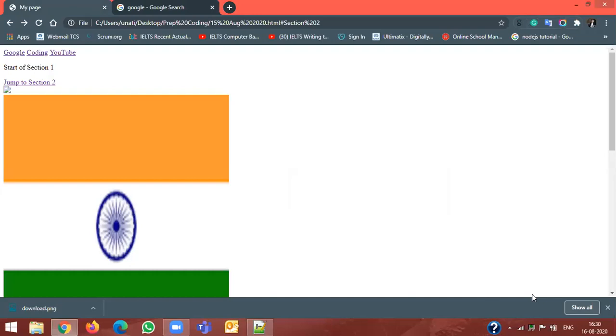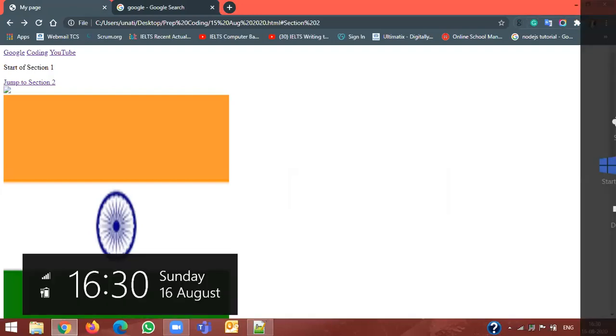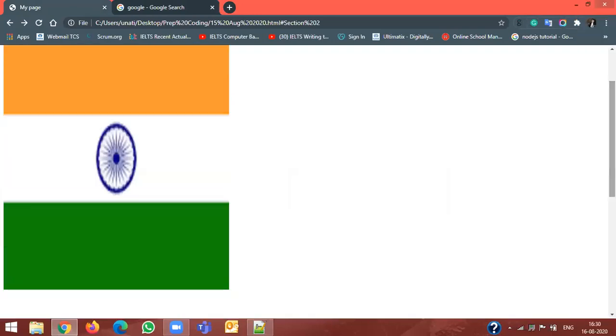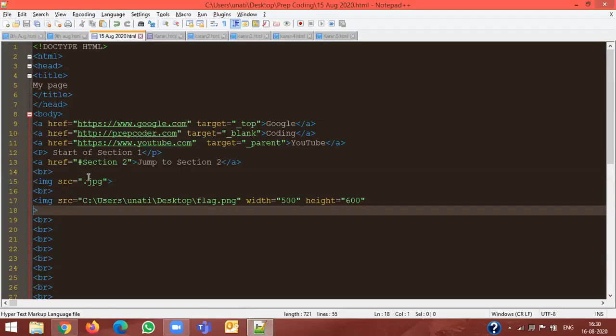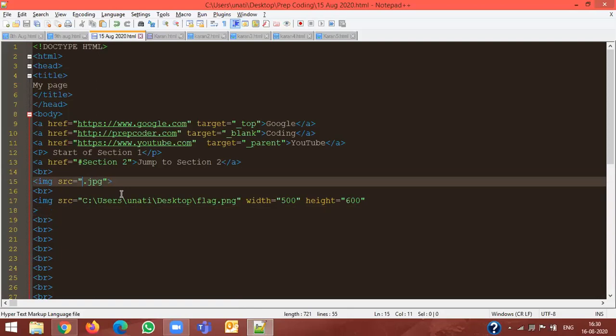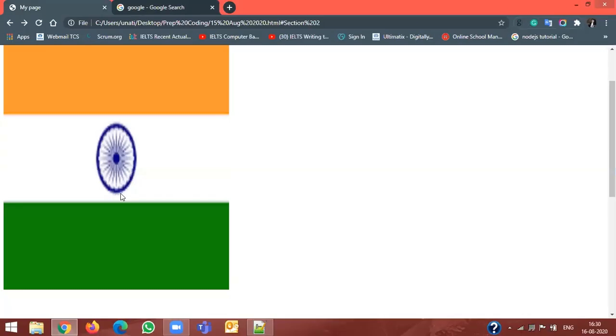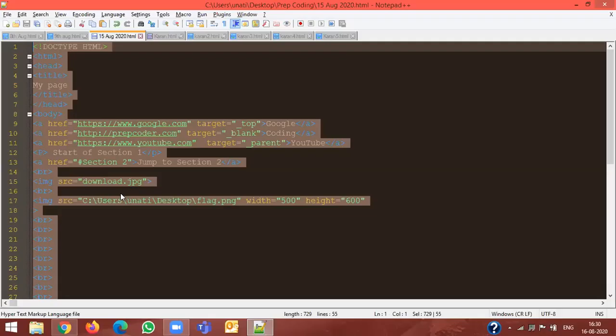The very first attribute that we added was from where we should get the image. Now we are adding one more attribute where we are trying to control the size of the image. So try to change the size. You can set width as 350, height as 100, and see how the size of the image gets changed.